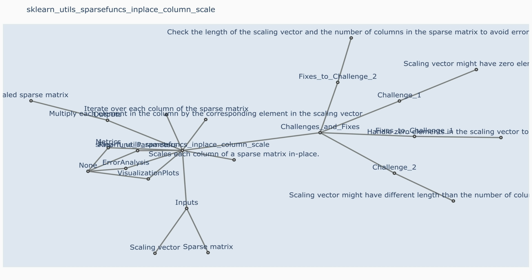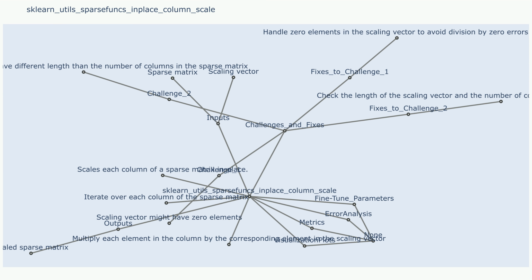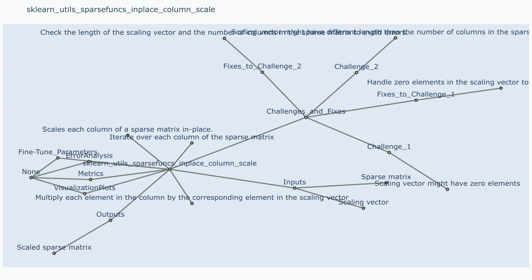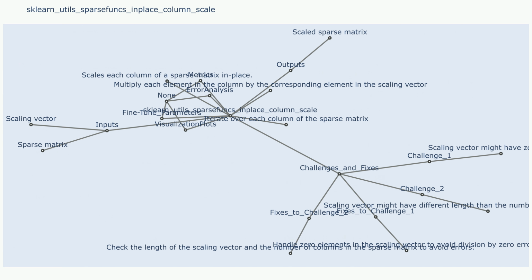sklearn.utils.sparsefuncs.inplace_column_scale. Description. This function performs in-place column scaling on a sparse matrix. It scales each column of the matrix by dividing each element in the column by the maximum absolute value in that column. This can be useful for preprocessing sparse data before applying machine learning algorithms that are sensitive to feature